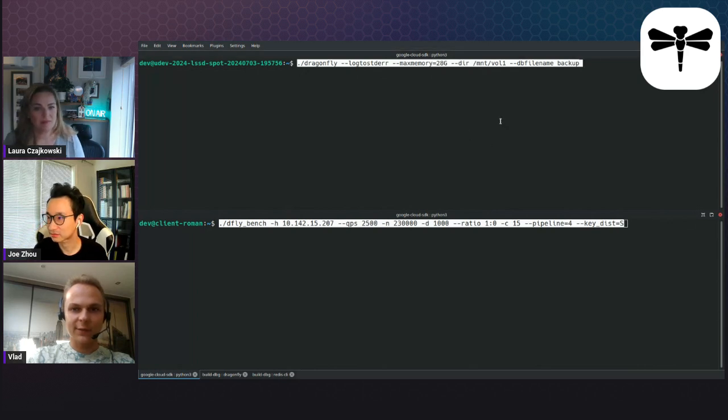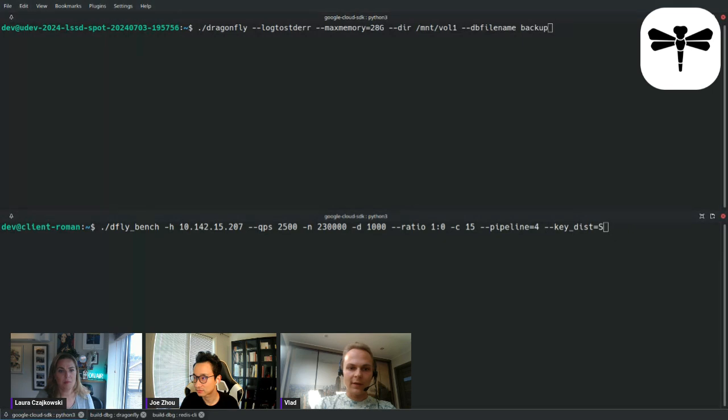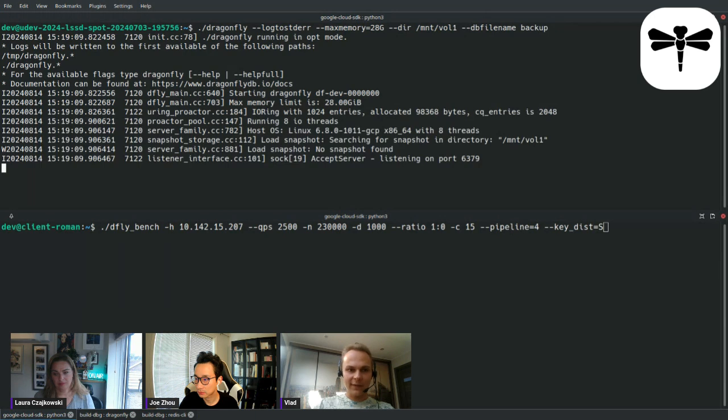I'm connected to 2 instances on Google Cloud. The upper one is where I'll be running Dragonfly. It has an NVMe drive attached to it, which offers very quick read and write performance to disk. And the lower one is just a client instance that we'll be using to connect to our upper instance. What we'll do first is run Dragonfly. You will see that it started, and we'll set a memory limit of 28 gigabytes, which is a moderate amount of memory,